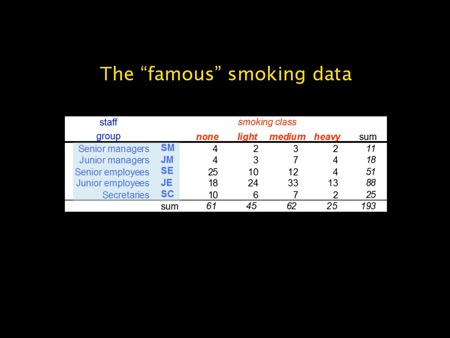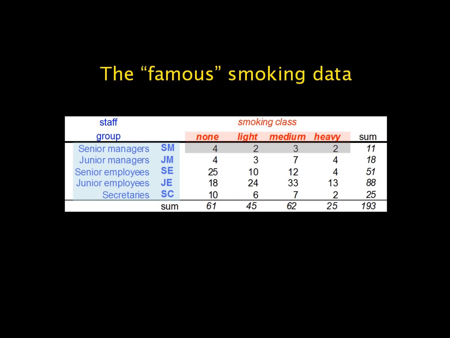The rows are a classification of the staff in terms of their position in the company: senior managers, junior managers, senior employees, junior employees, and secretaries. While the columns are a classification of them as non-smokers, light, medium, or heavy smokers according to their smoking habits. For example, in the first row, there are 11 senior managers, of whom 4 are non-smokers, 2 are light smokers,